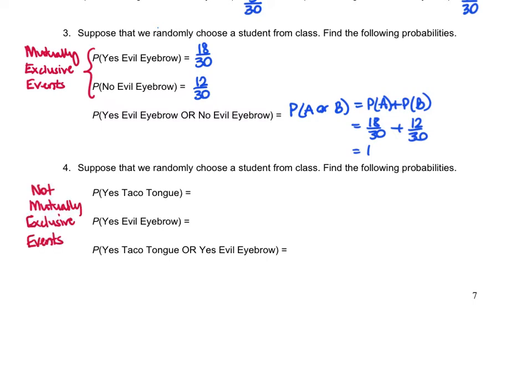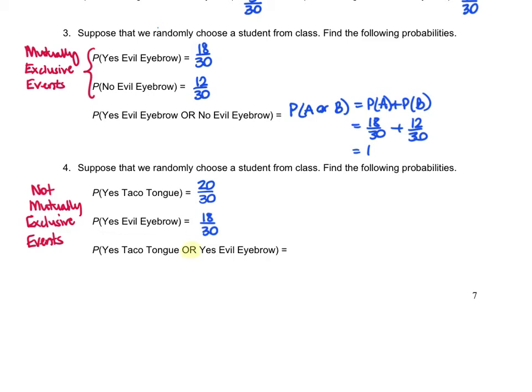So we'll start again with the probability of yes taco tongue, and that is 20 out of 30 according to our two-way table or Venn diagram. We also know based on our two-way table and Venn diagram that the yes evil eyebrow is 18 out of 30. Okay, now what about when we want the probability of yes taco tongue or